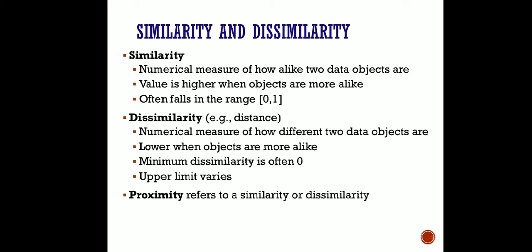How are we going to understand that these 2 points are dissimilar? You can easily understand that if we can plot the data points in a 2D plane and measure the distance between each of them. Whenever the distance is higher, we can say that dissimilarity between them is more and similarity between them is less, right? Or in other words, if the distance is smaller, the similarity is more and dissimilarity is less.